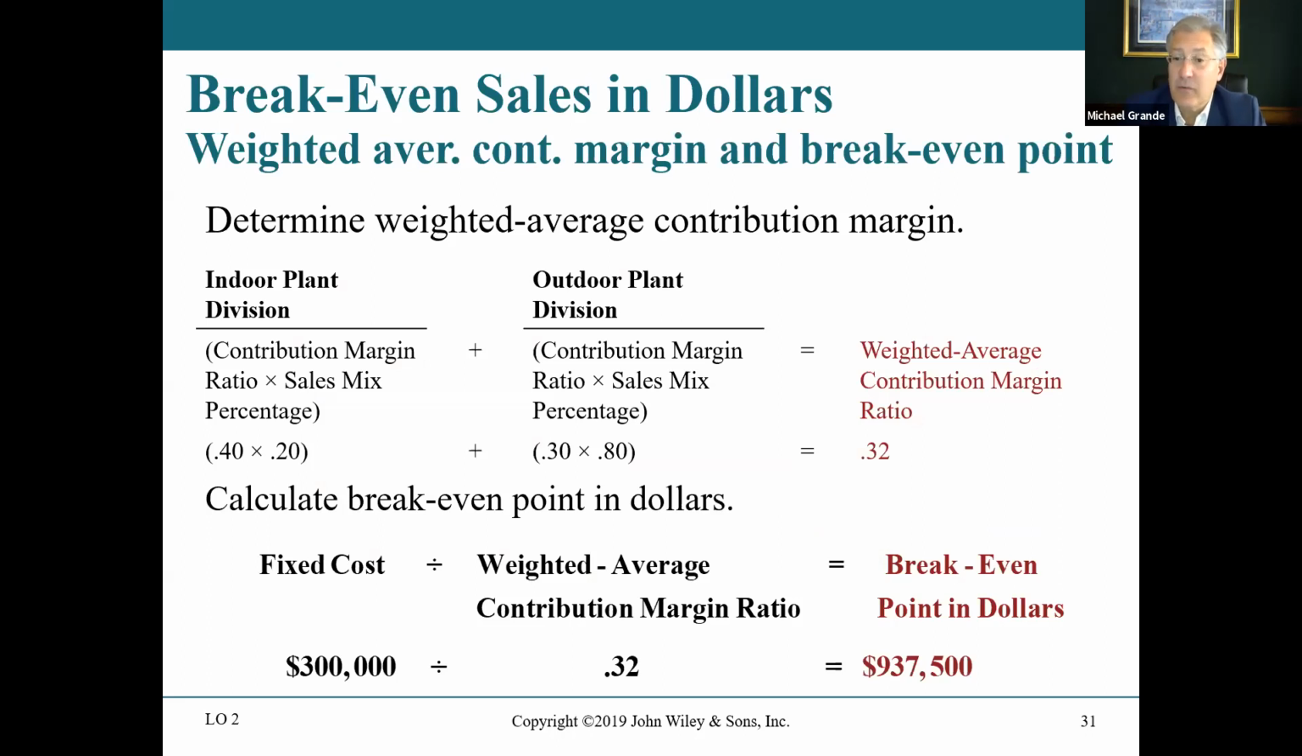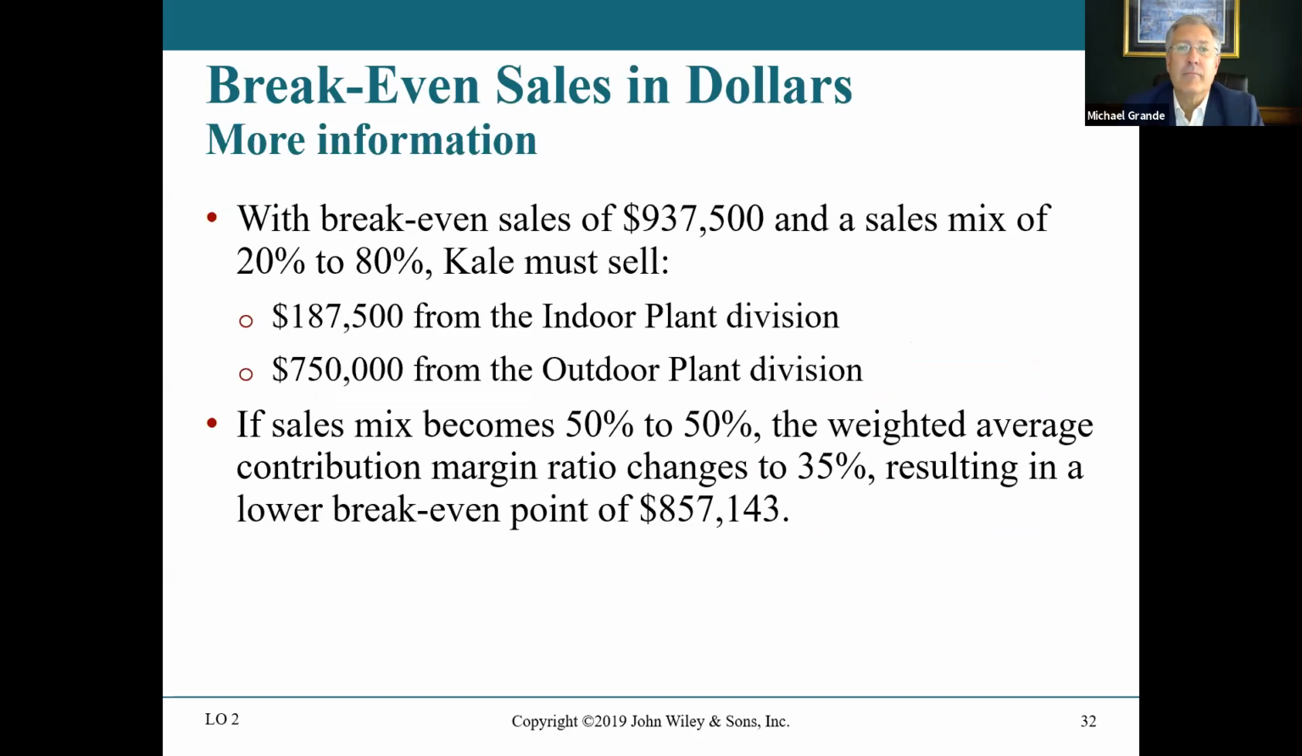The fixed cost is $300,000. The weighted average contribution margin ratio, 32%. Break-even point in sales dollars, $937,500. With break-even point in sales dollars of $937,500 and a sales mix of 20/80, you can clearly see, you take the 937 times 20%, indoor has $187,500 in sales, outdoor, which gets 80%,